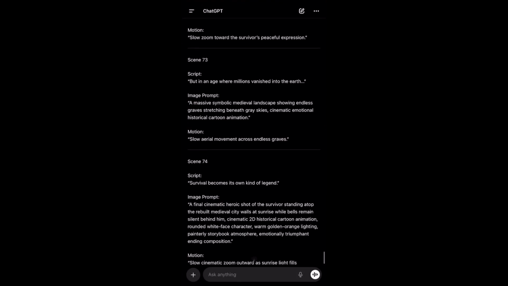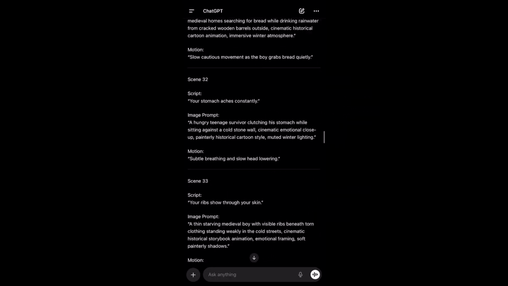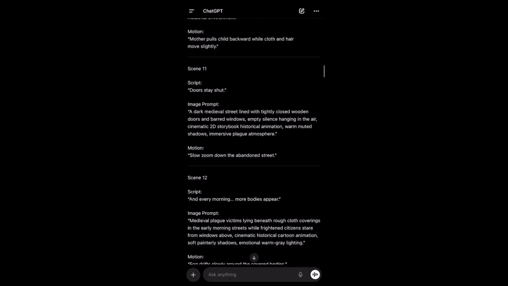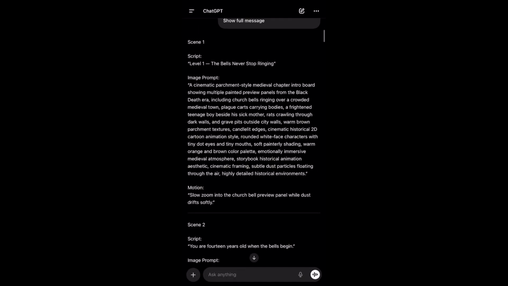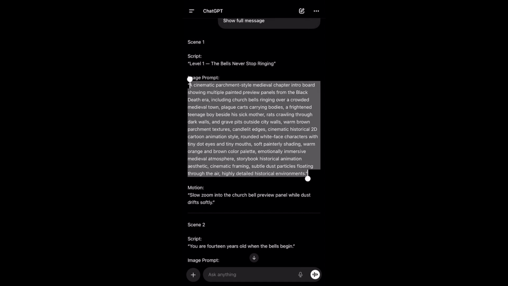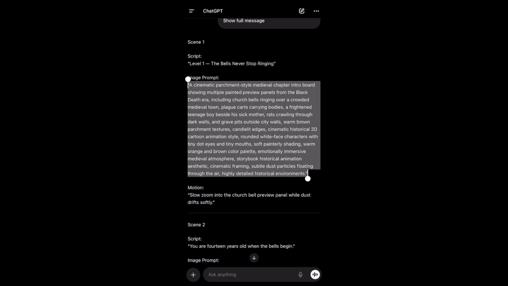So after you generate all your image prompts, you want to start generating the images from the prompts. Okay, now this is my first image, from scene 1. You can see it here, scene 1. So I'll copy this image prompt here. You don't copy the motion too. This motion is just to animate your image. I don't know if you get my point. So you want to copy only this part I said image prompt, and then take it to